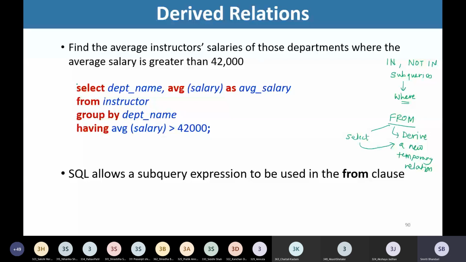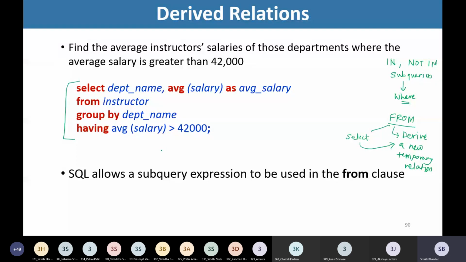Now we have seen this query earlier, and this was the solution that we wrote earlier. What we are doing here is finding the average instructor salaries of those departments where the average salary is greater than 42,000. This is actually a good way to write the query.